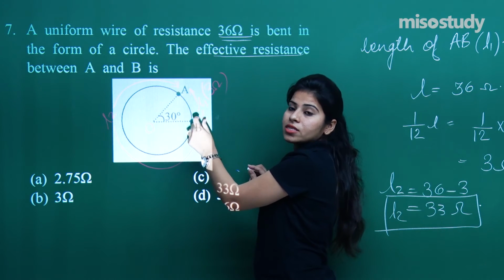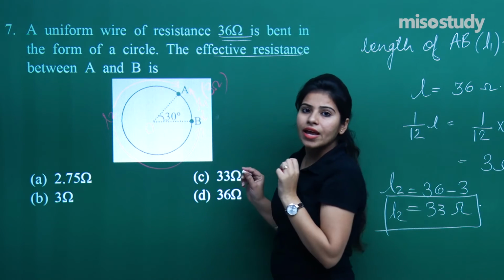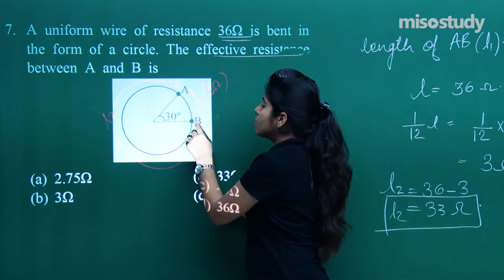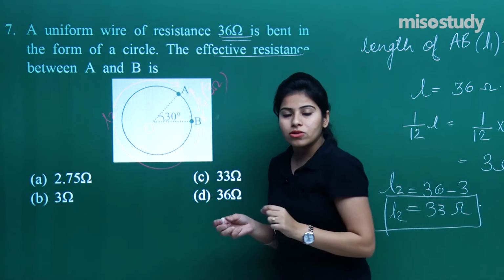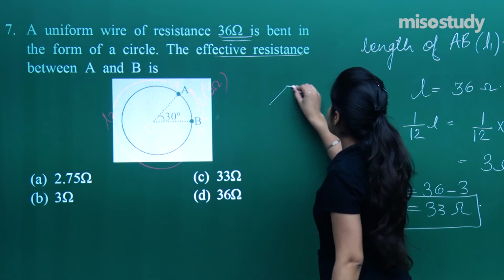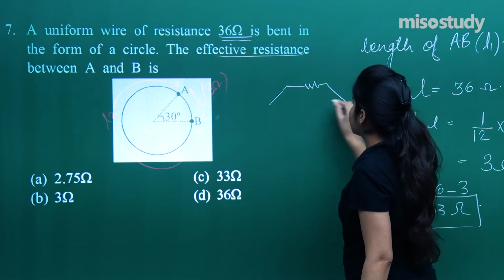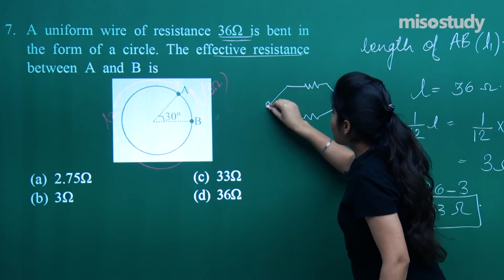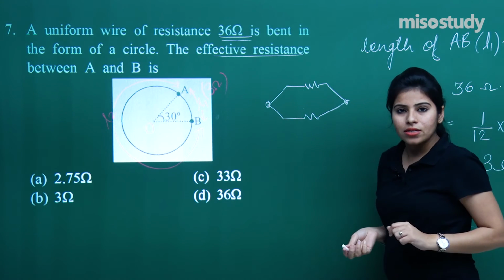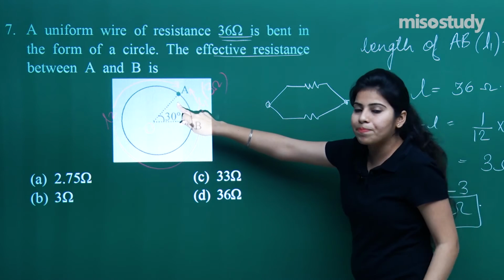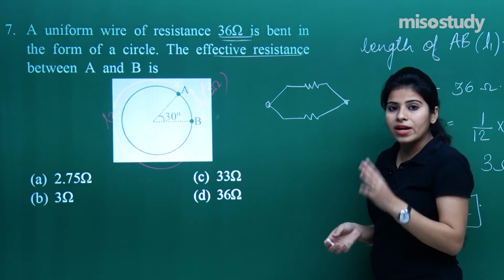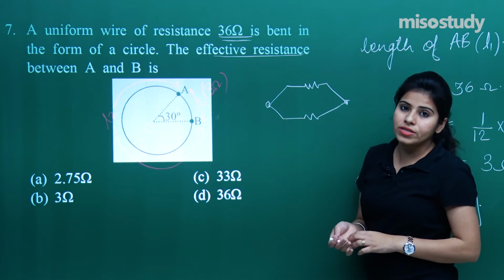So these two resistors are connected in parallel, because you can see there are 2 points and 2 resistors. Definitely they are connected in parallel position. So we can now add them and find the combination of these 2 resistors.